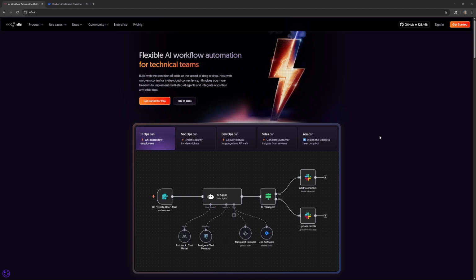In this video, I'm going to show you how to install the community version of N8N in a program called Docker, so you can actually run it on your local computer without having to host it on N8N's website. This is good if you're just starting out and you just want to mess around with it before you actually start paying for it.